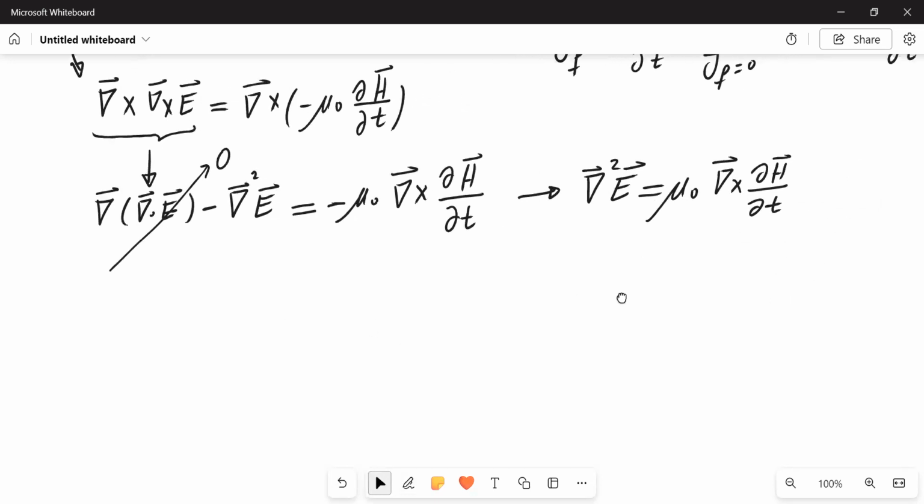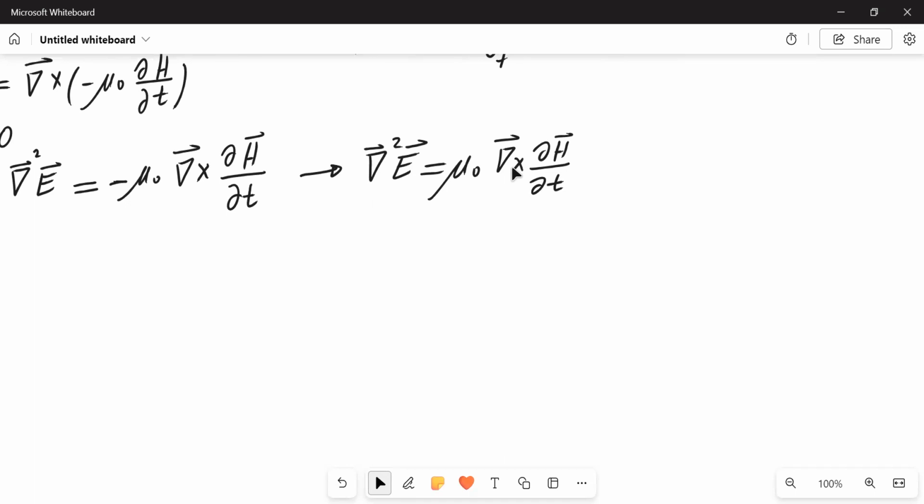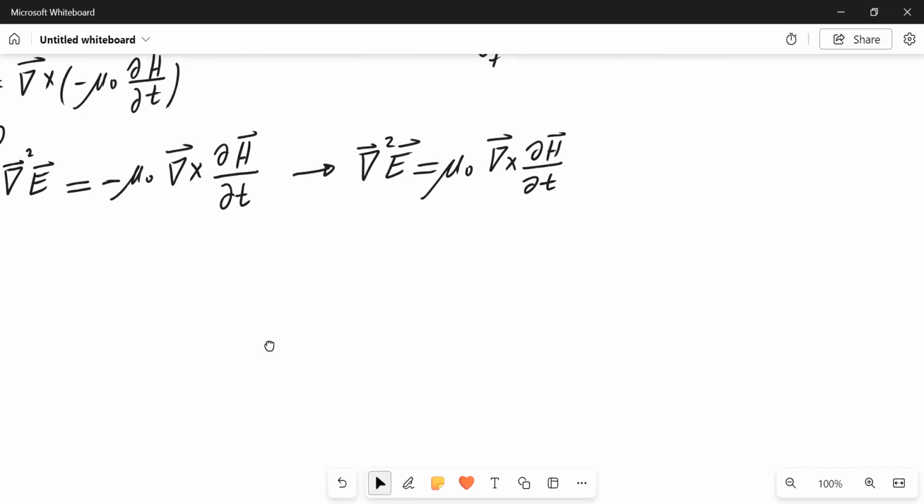Now, in classical electrodynamics, space and time are independent entities. Okay, we're not talking about the space-time continuum. We're not talking about the relativistic cases. So in classical physics and classical electrodynamics, space and time are independent. So the operators of space and the operators of time can be interchanged, right? They don't depend on each other. So I can take this